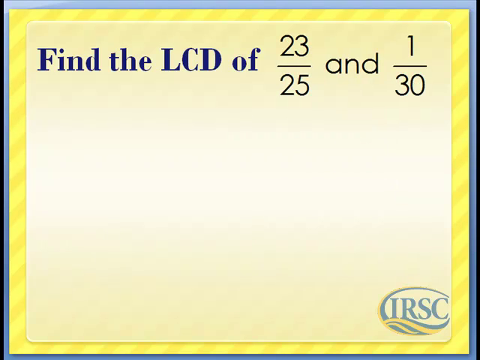Find the LCD of 23 over 25 and 1 over 30. So we're going to list the multiples of the larger number. Look at your denominators. We have 25 and 30, 30 being the greatest number. And let's just start. 30 times 1, we have 30. 30 times 2, 60. 30 times 3,